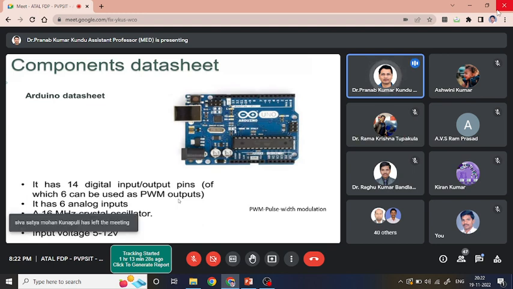It has 6 analog inputs, along with a 16 megahertz crystal oscillator. Obviously it can be connected as the output. Output voltage is 5 volts, it's the signal voltage, correct? And this,